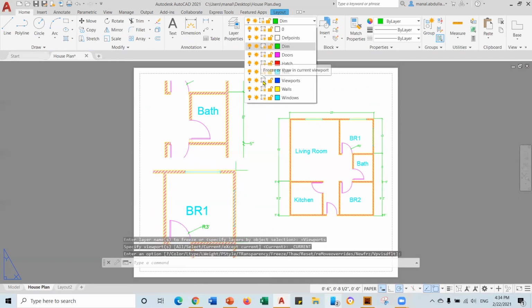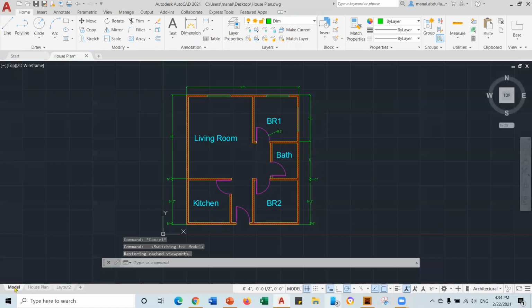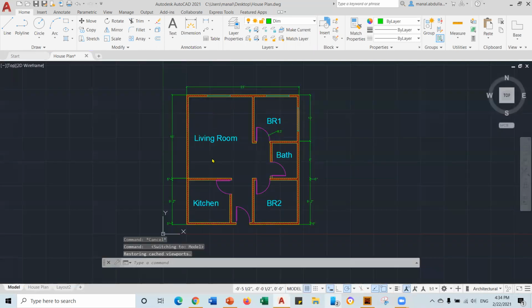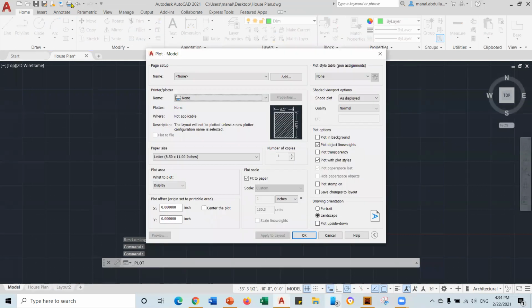I can just hide it in a viewport, freeze or thaw in the viewport, so they no longer exist there. And I have a layout view with several views. Here is the model space, and here's the layout view. If you need to print out, you can go to the printer. You have several ways to print, and here if I go from the top in the printer, you see that you got